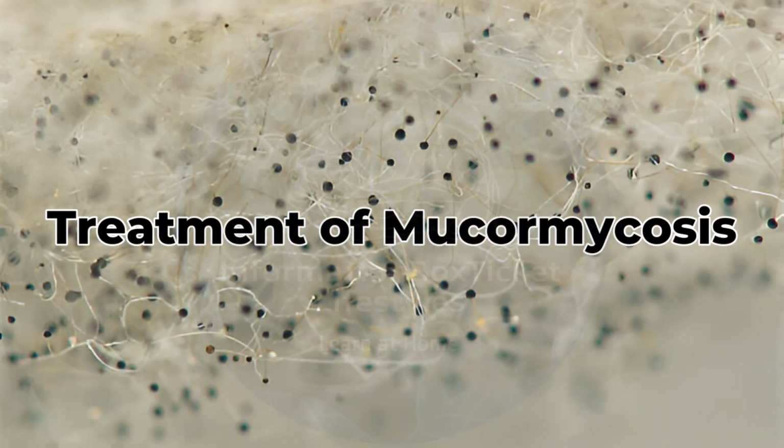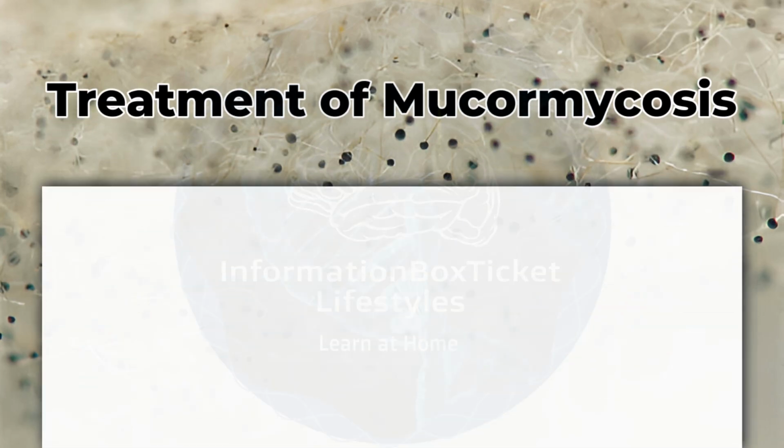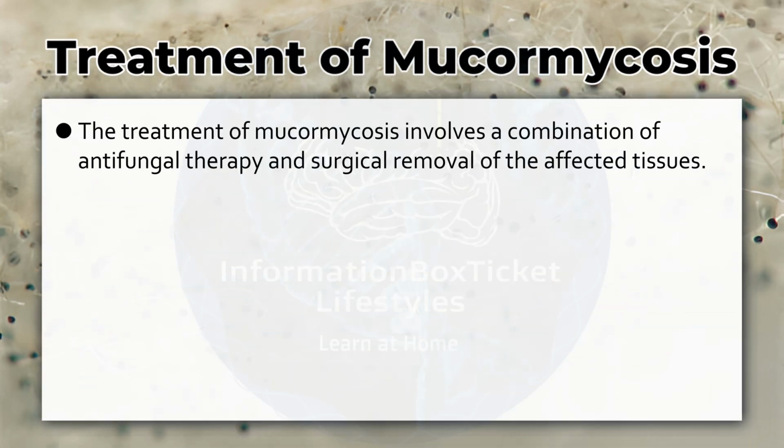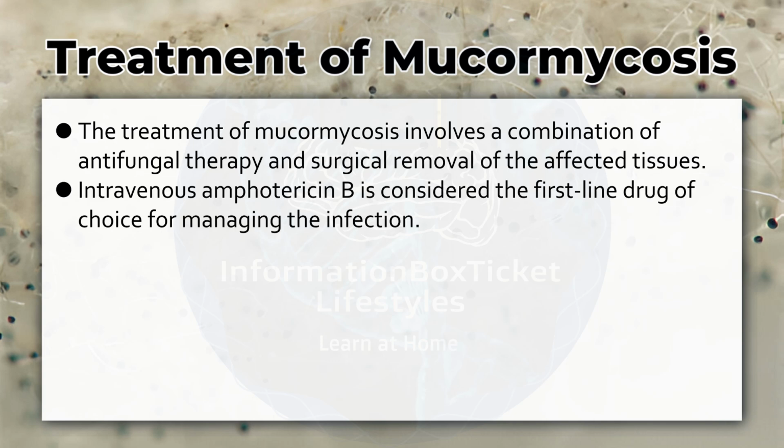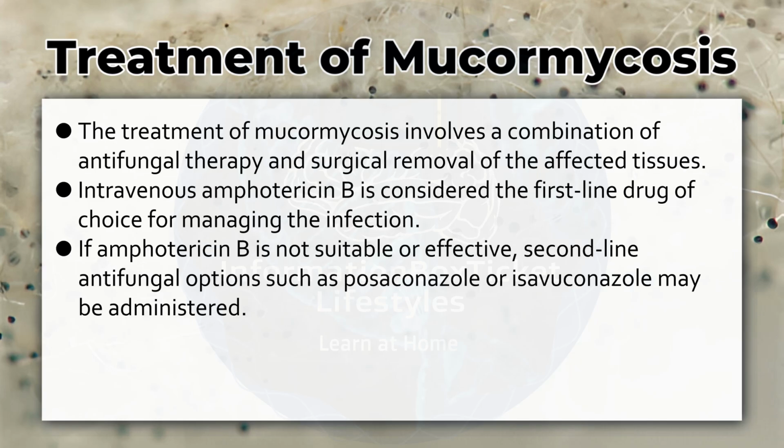Treatment of mucormycosis. The treatment of mucormycosis involves a combination of antifungal therapy and surgical removal of the affected tissues. Intravenous amphotericin B is considered the first-line drug of choice for managing the infection. If amphotericin B is not suitable or effective, second-line antifungal options such as posaconazole or